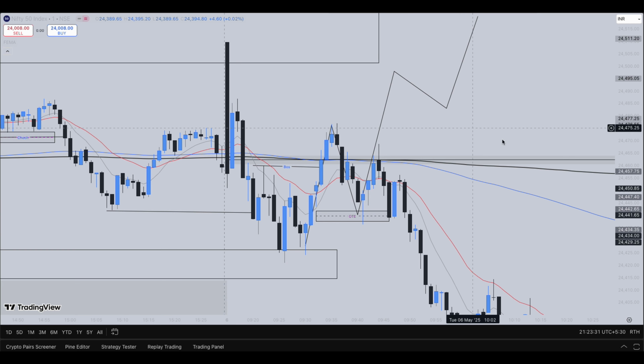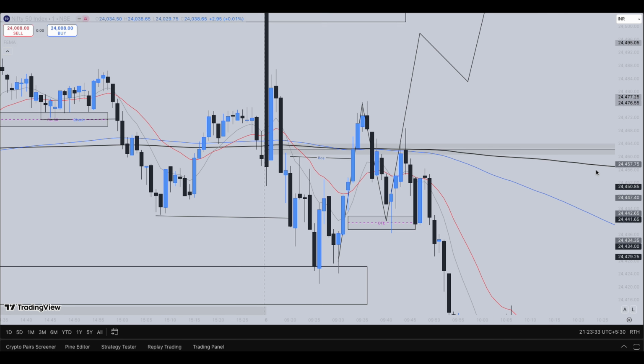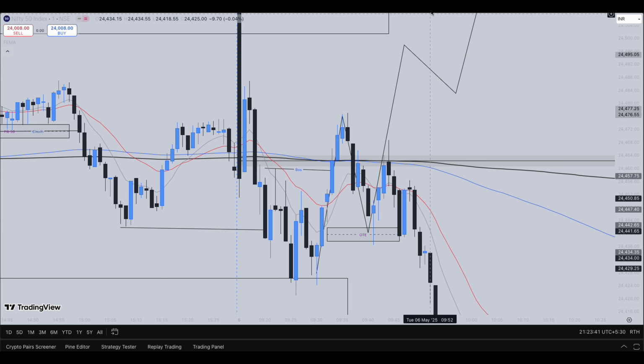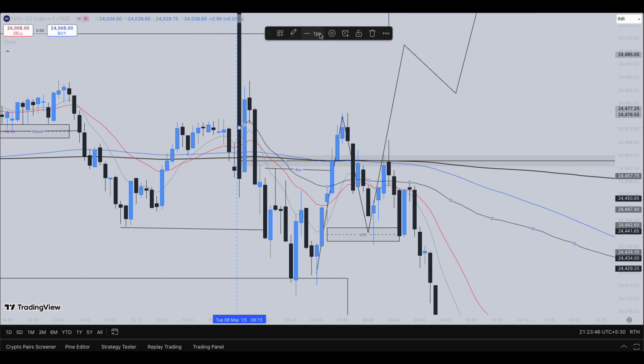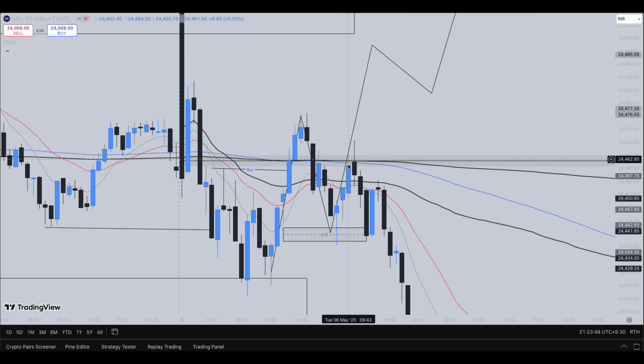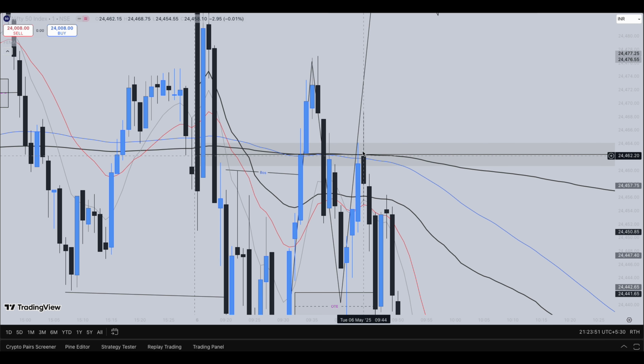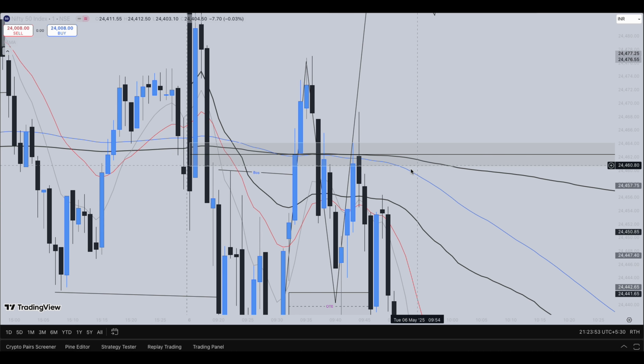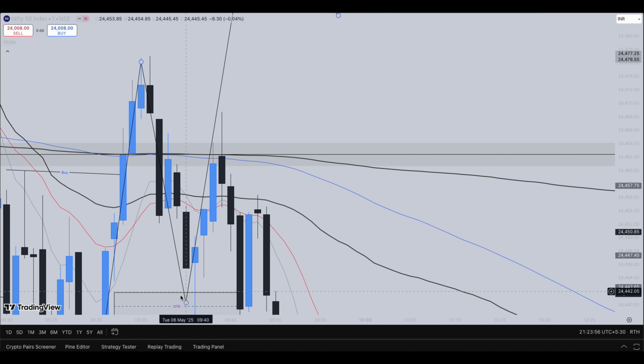But instead, what happened here is that you can see, guys, over here the black line is yesterday's VWAP level, guys, and the blue line over here is the 200 moving average. So let's try to plot today's VWAP level on Tuesday, guys. This is Tuesday's VWAP level as well. You can see here, guys, the market, and there is a pivot level as well. You can see the narrow range over here is a pivot level, guys,